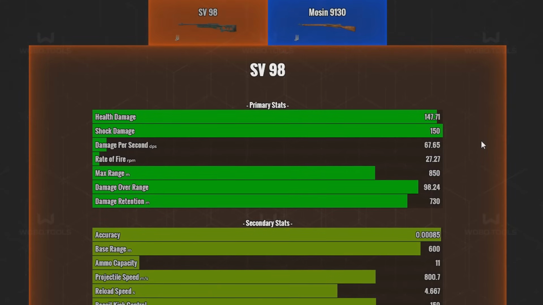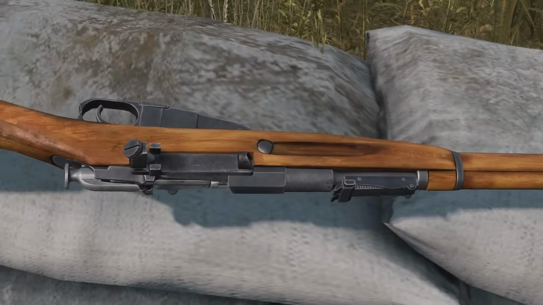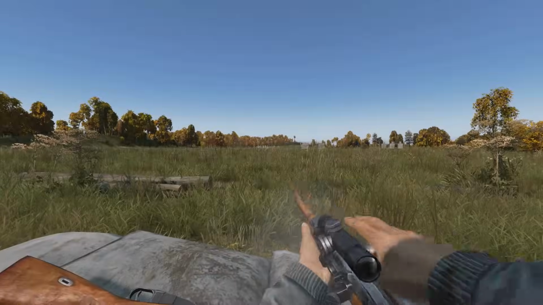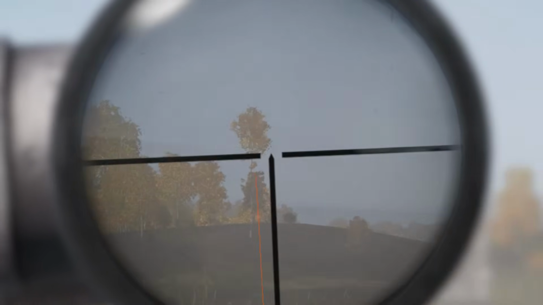It's a similar story with the Mosin, but the Mosin has even more damage due to it having the same rounds but having a higher damage multiplier on that weapon, with the PU scope giving it a decent edge in range too. For this reason, I'd say for both the Savannah and the Mosin, the reason both of these weapons